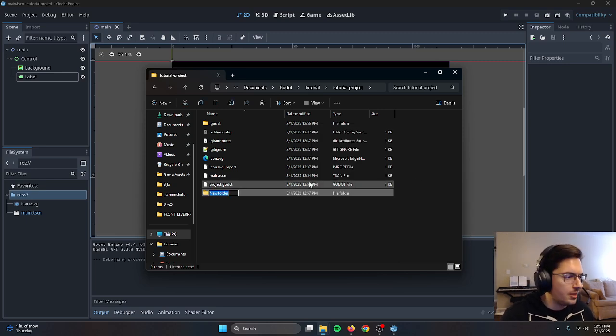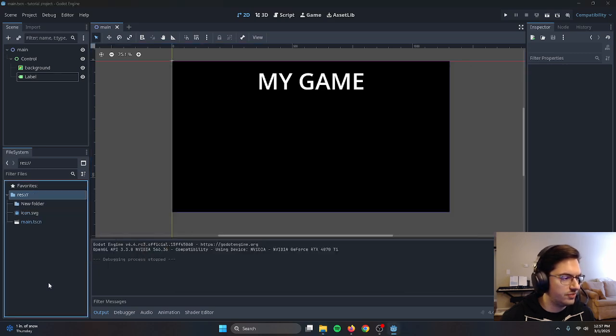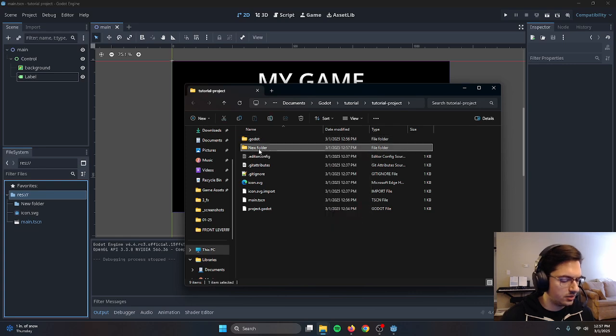So if you go into your project folder, and again, you can do that from here. Just right click Res, go to Open File Manager, and there you go. So we'll go in here. We'll make a new folder, call it exports, or I usually do underscore exports. And honestly, you might not want this folder in your project folder, but for now, I'm just going to do it this way